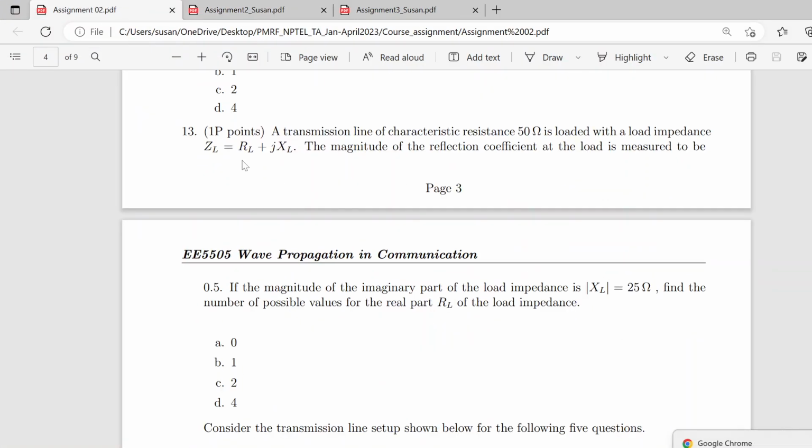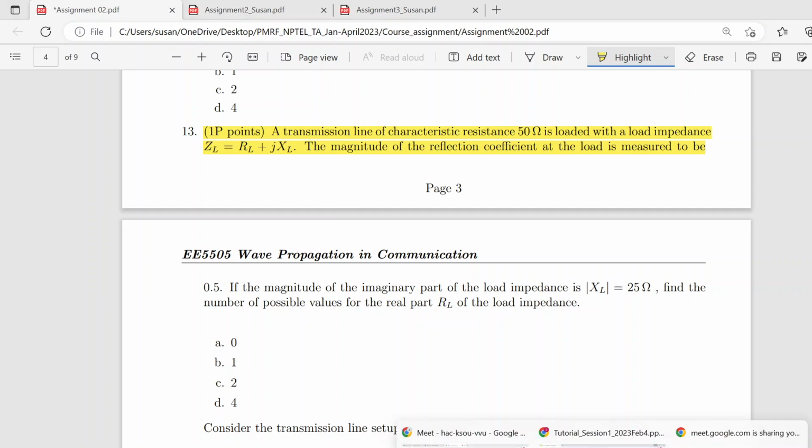So let us discuss another question since we have a few more minutes left. This question is: a transmission line of characteristic impedance Z naught equal to 50 ohm is loaded with a load impedance ZL equal to RL plus jXL. The magnitude of the reflection coefficient is measured to be 0.5. If the magnitude of the imaginary part of the load impedance is 25 ohms, what are the possible values for RL? So, how many possible values of RL are there? To discuss this question,